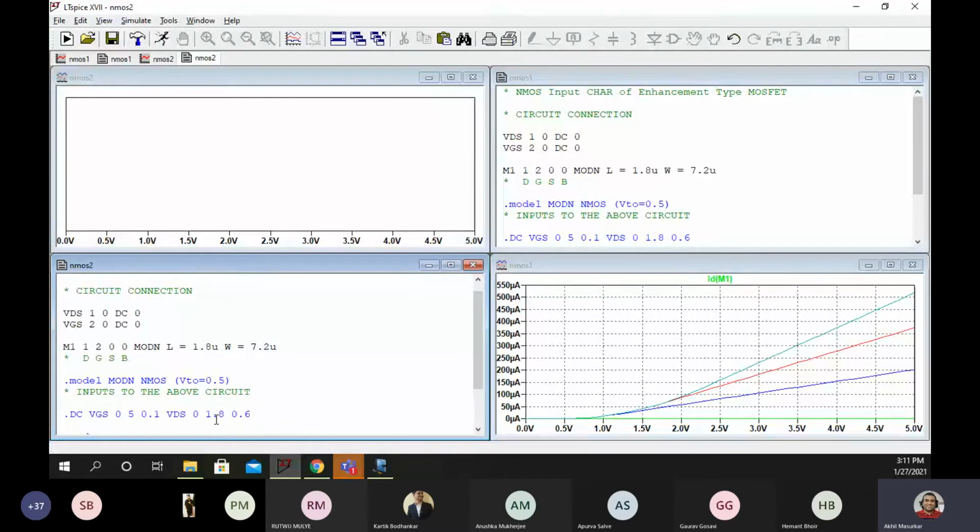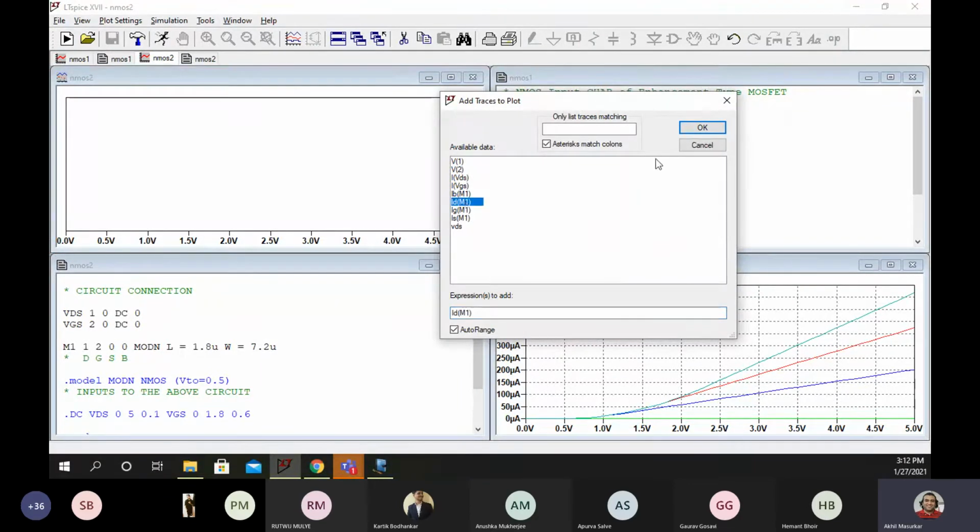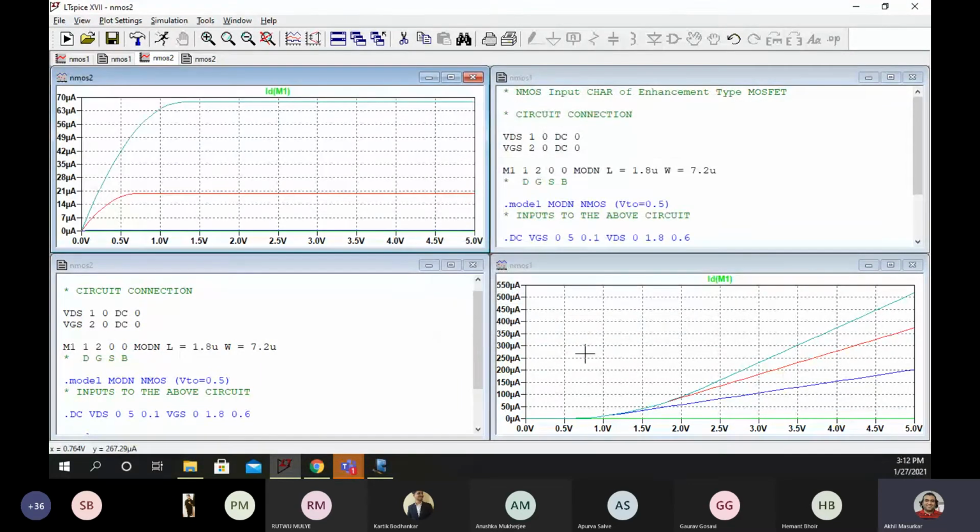So just this G will change to D. That is the only change that you have to do when you want to go from input characteristics to output characteristics. And when you say run and again go to add trace, add M1, you can see the output characteristics.